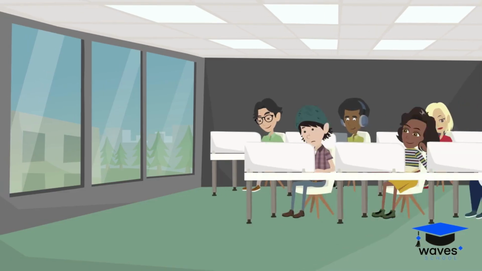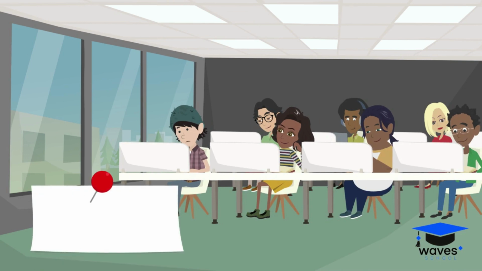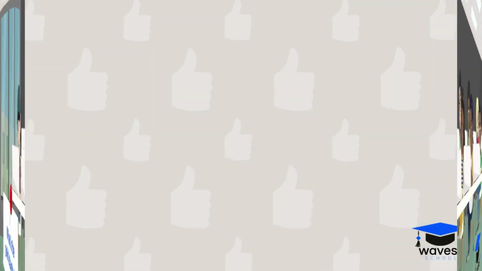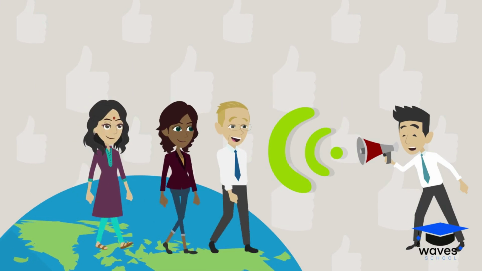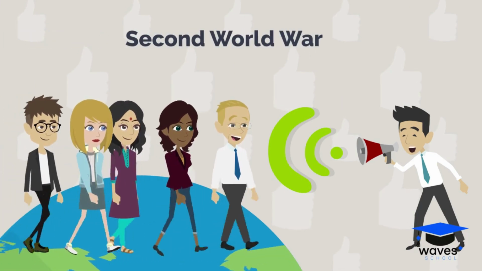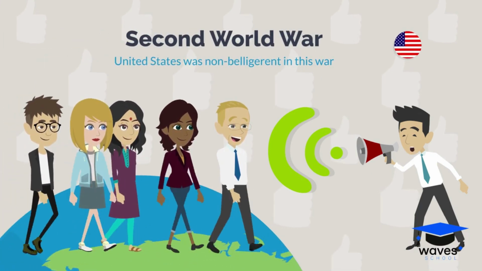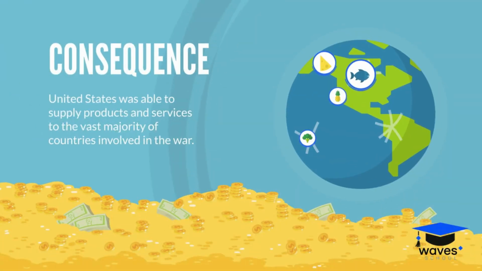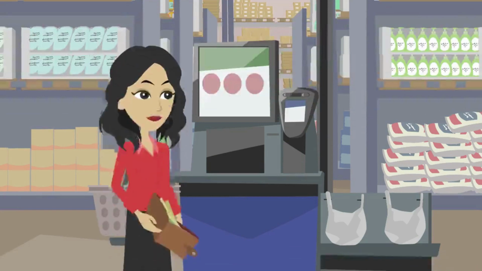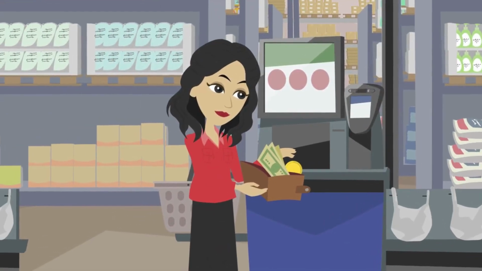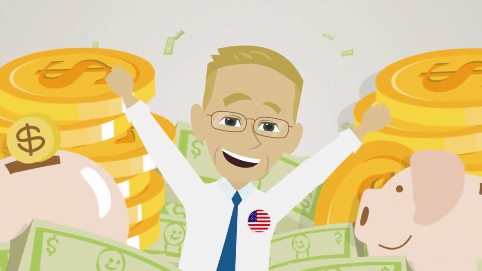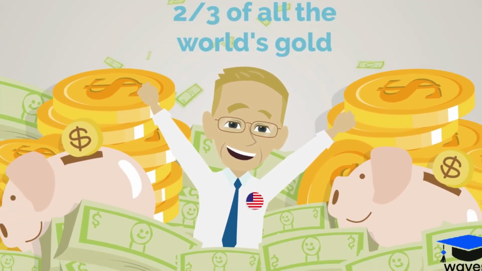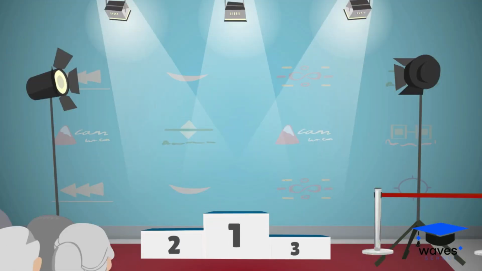Now we'll continue studying the role of money by learning what the gold standard is. To understand this concept, let's take a look back at the Second World War, where for some time the United States was non-belligerent in this war. As a result, the United States was able to supply products and services to the vast majority of countries involved in the war. At that time, the United States began to accept payments in gold, managing to accumulate 2/3 of all the world's gold and thus becoming the world's